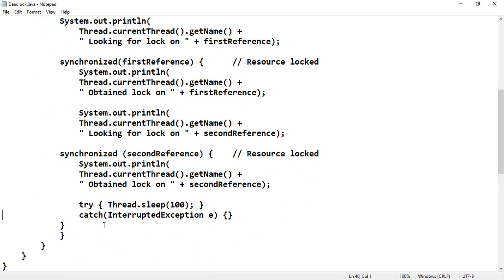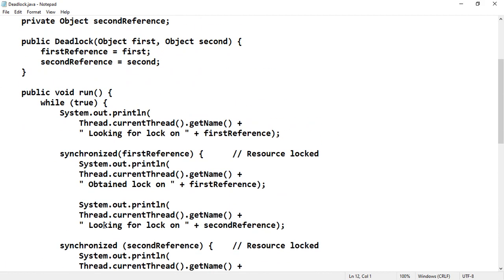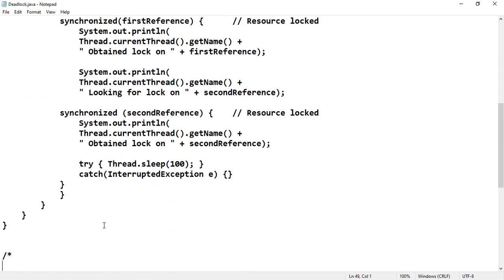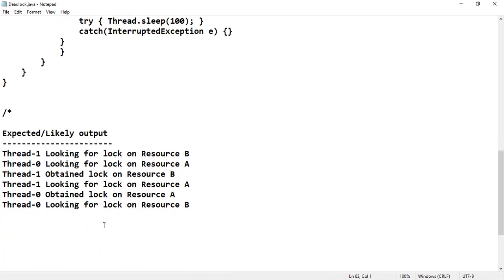Deadlock will come when one thread is waiting for the synchronized code of a second thread, and at the same time the second thread is also waiting for the synchronized code of the first thread. The previous codes I have run on the system and shown you, but this code cannot be run, because if you start running it, it will go into an infinite loop and lead to deadlock. To come out of the deadlock, if you run it on your computer, press Ctrl+C. Most computers will terminate the deadlock and come out. Otherwise you have to restart the system.